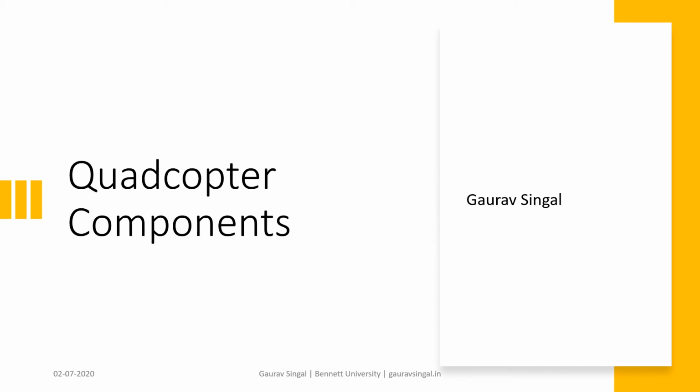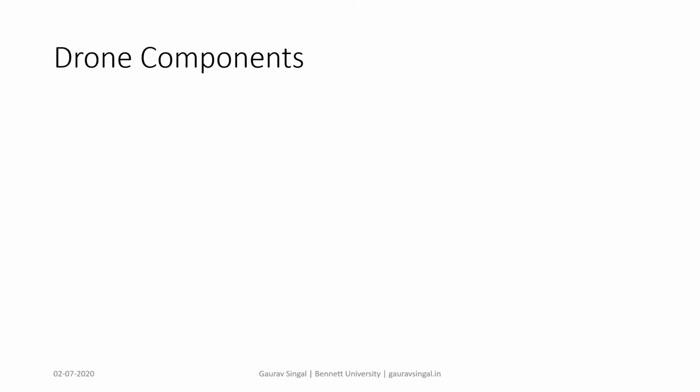Welcome all. So after the introduction of UAVs and classification and application, now we are moving to the components. So now, in place of UAV, I'm discussing quadcopter. So here, drone means quadcopter, not a plane. I have told you what the differences are. So in a quadcopter, there are multiple components. We'll try to explain all the components one by one.